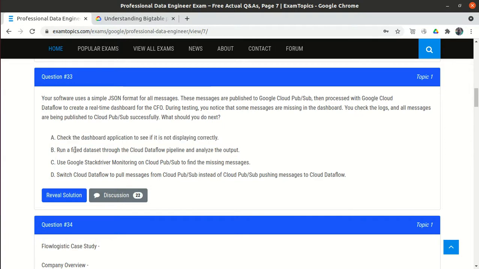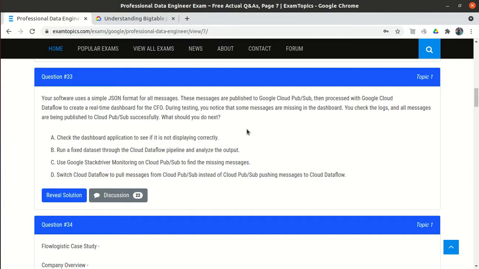Second is to run a fixed data set through the Cloud Dataflow pipeline and analyze the output. Because the problem should be in the path, that is, when Pub/Sub sends the message through Dataflow and it reaches the dashboard. So in between there should be a problem, right?